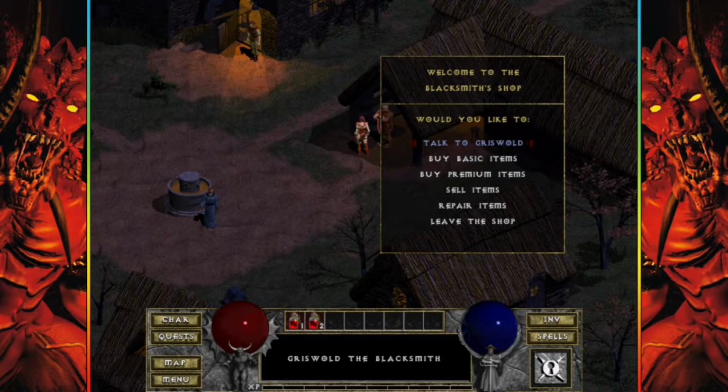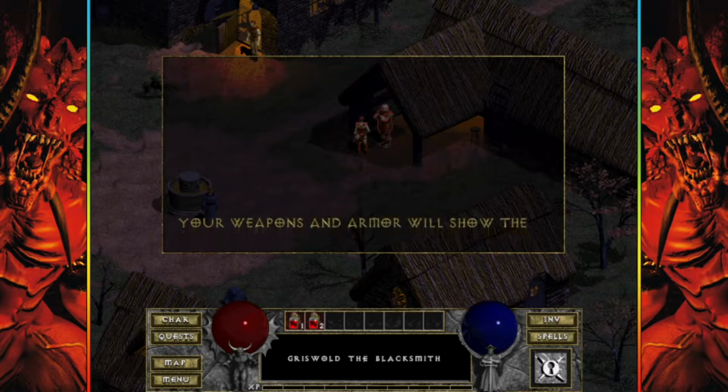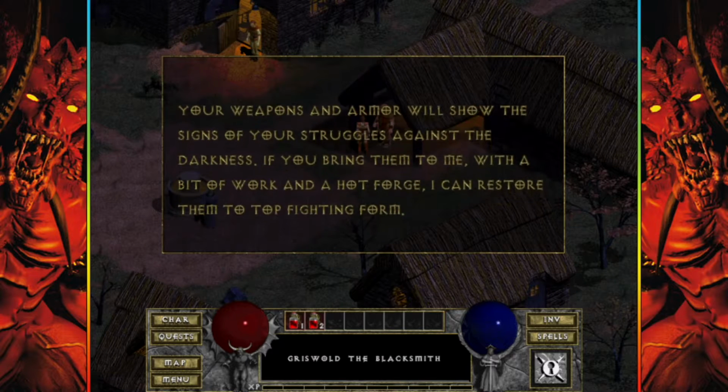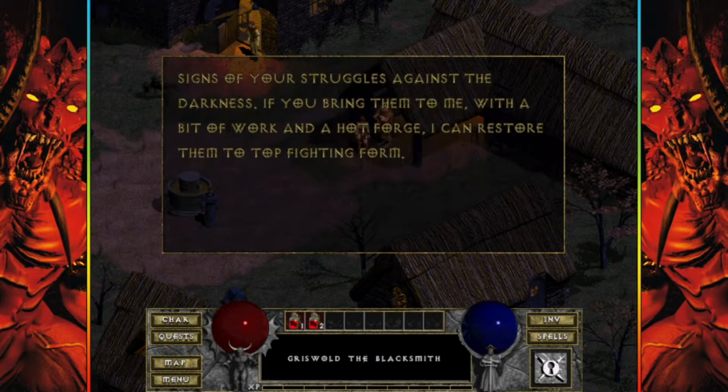Griswold? What can I do for you? Your weapons and armor will show the signs of your struggles against the darkness. If you bring them to me, with a bit of work and a hot forge, I can restore them to